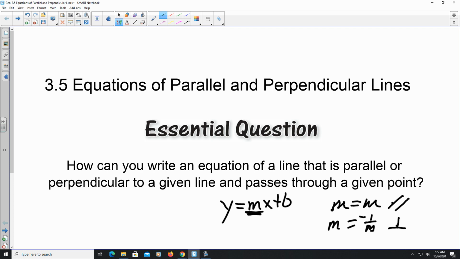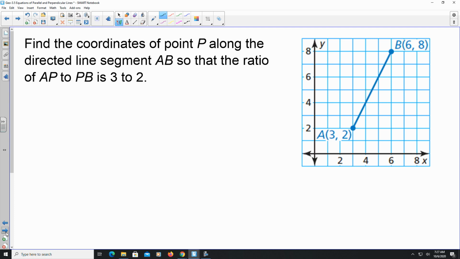So keep that in mind when we are writing equations of parallel and perpendicular lines, given a line and a given point it passes through. And we'll show you examples of how to do that. First off,